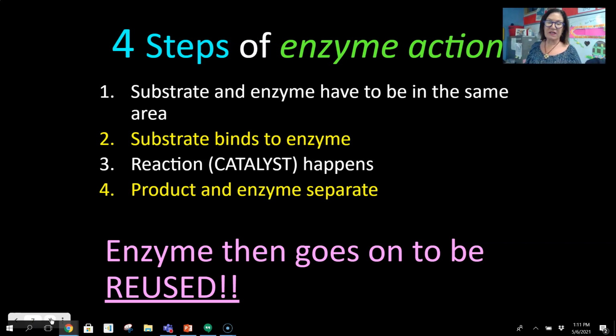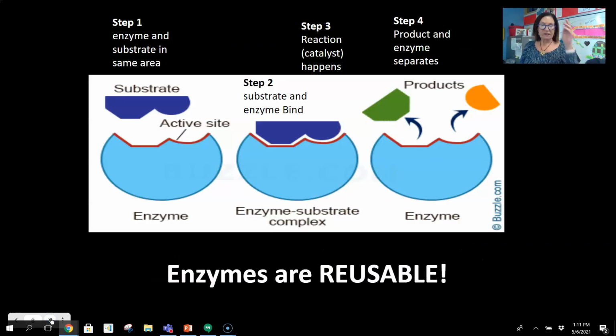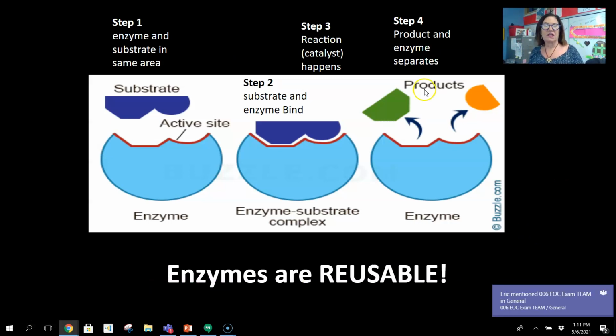Very exciting. And enzymes can be reused because, just like my lock and key, right? Once I'm finished with the key, it comes back and I can use it again. So enzymes are the same way. So if we look here,